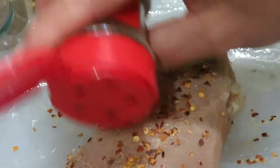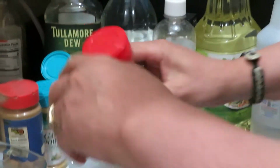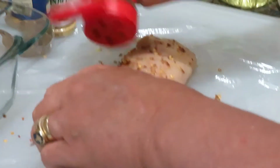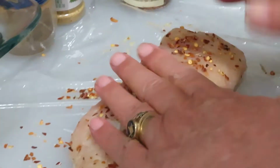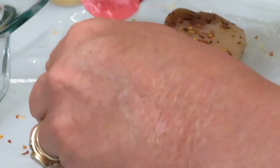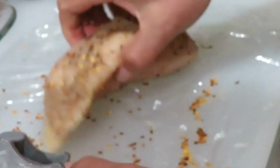And now add salt if you want. I have a heart condition, so I don't use salt. Instead of salt, I use red pepper, and black pepper, garlic powder. Rub it in there real good. Then you take that,